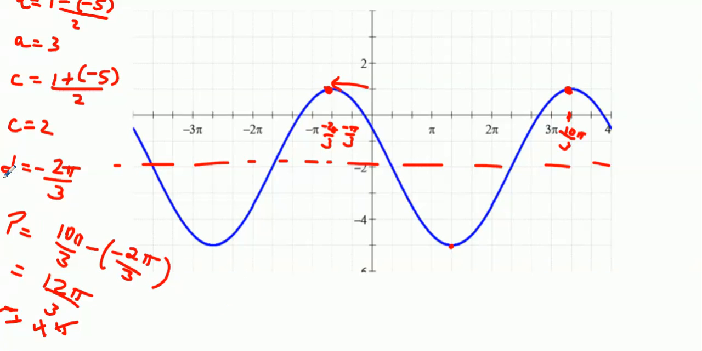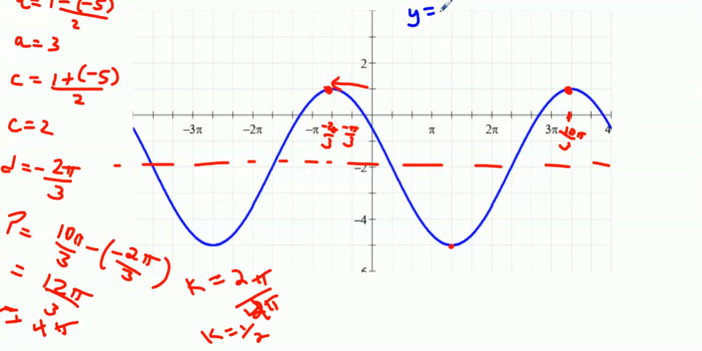I have my A and my C and my D. So all I need to do now is figure out what my K value is. So K is going to be 2 pi over P, which is 2 pi over 4 pi, which is a half, when I cancel the pi's and reduce the fraction. So my first equation, maybe I'll put it up here, is going to be y